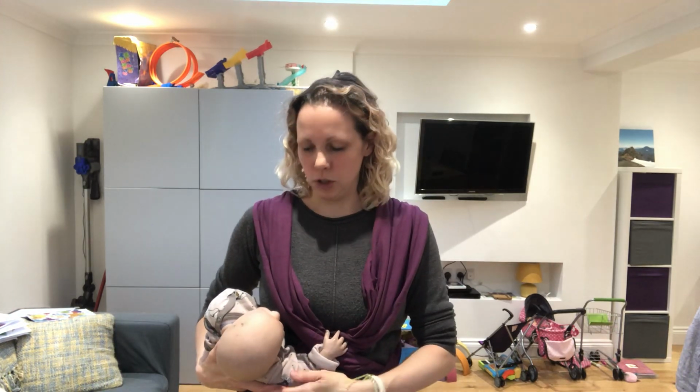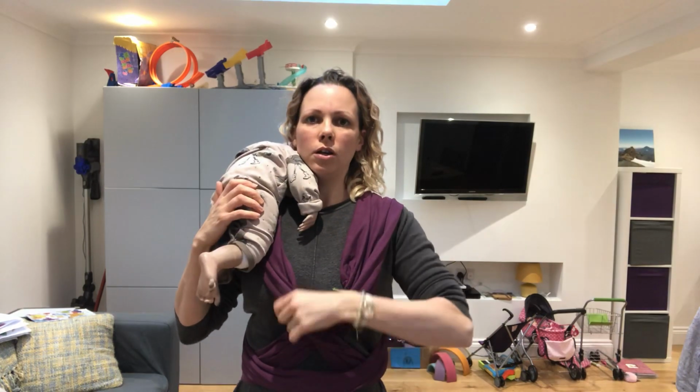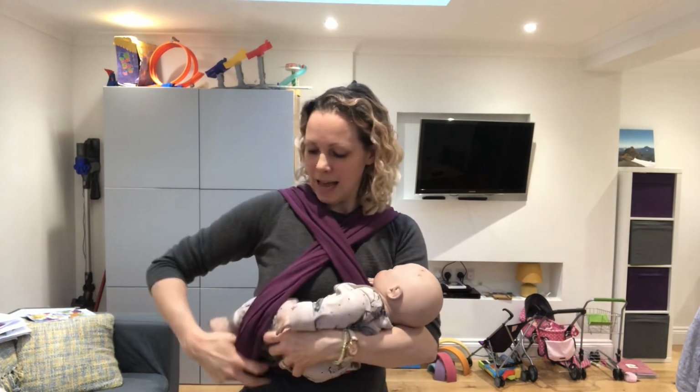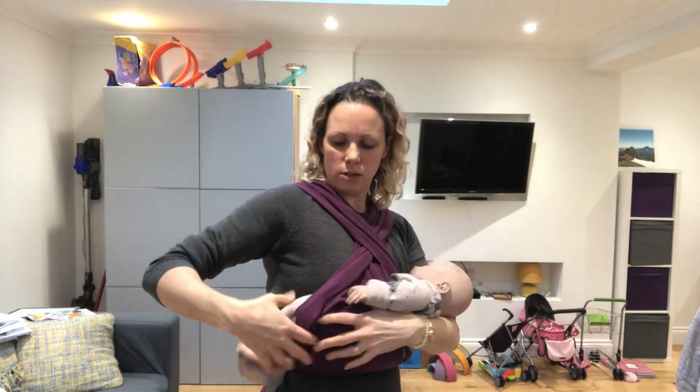So in order to get them in the sling in this position, you'll be using the piece of fabric that comes from the opposite shoulder to the breast you're feeding on. So I'm going to make sure this bit's out the way, and I'm going to be using this piece of fabric. So I'm going to bring baby down and guide their legs through this piece of fabric and sit the fabric behind their knees. And I'm going to just bring that fabric over their bottom a little bit so that I can reach it